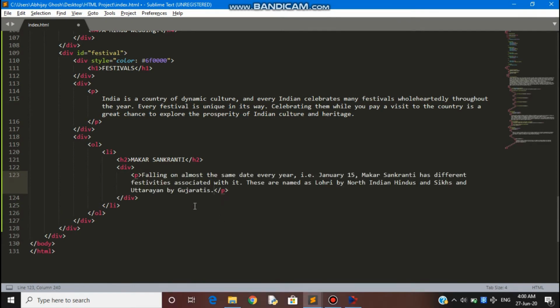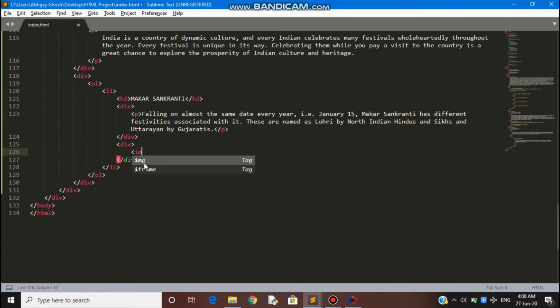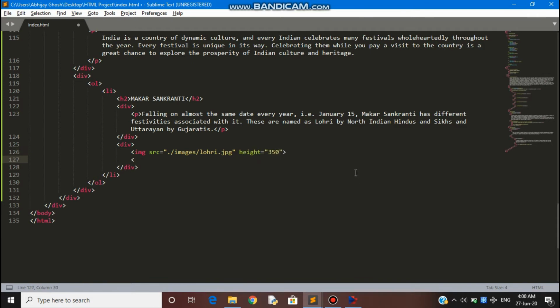You can see what's going on the screen. I have given a small description regarding it. Now in a similar fashion I'll give an image of Lodi and also add the class relpix so that the image stays centrally aligned.